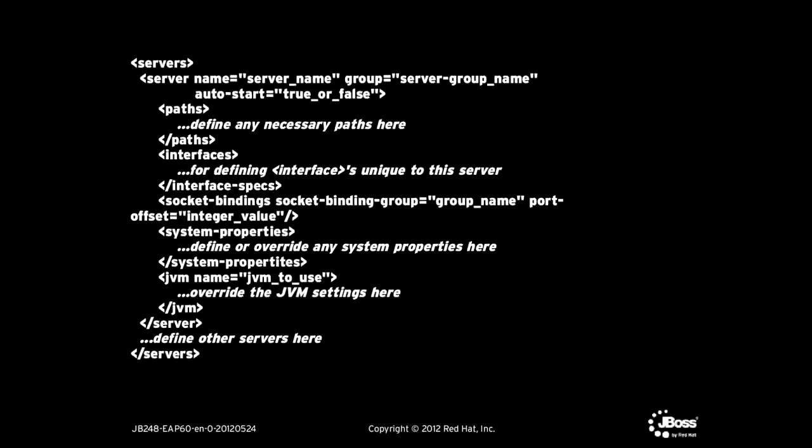It is broadly the responsibility of the domain controller and the host controllers to ensure that all servers in the server group have a consistent configuration. The servers will all be configured with the same profile, and they'll have the same deployment content deployed to them. Now that we've configured a server group, which at this time has no servers associated with it, let's take a